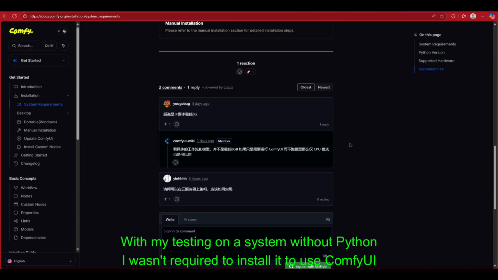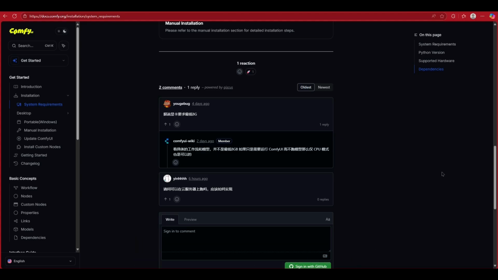I went on my laptop that doesn't have Python and I installed ComfyUI desktop. I did not need anything, and I didn't have Git though, and it asked me to install Git. So wait, you do need Git, but it'll ask you to install it if you don't have it. The Python, the PyTorch, and the CUDA files, it'll install that all for you, but with one small caveat: